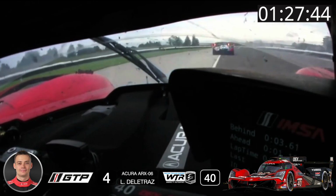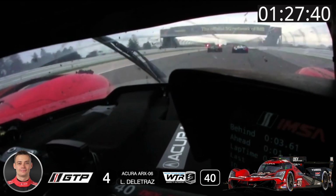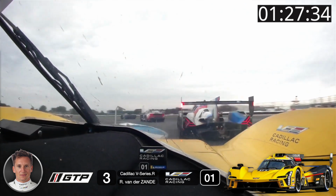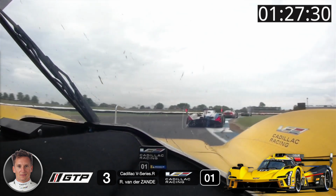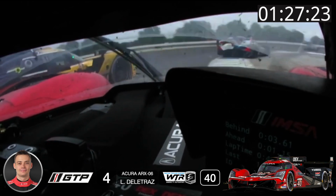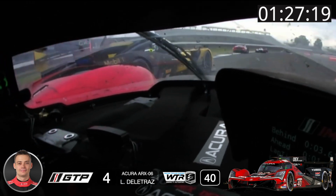Now, firmly in the draft of the Cadillac as they head down the back straight. Yeltley pops to the right-hand side, and they go side by side into the sequence of tight corners. The 25 BMW is late on the brakes and makes his way around the outside of the Cadillac, bringing BMW up into second position with the Cadillac now under fire from the 40 Acura. Delatraz pokes his nose up the inside, but Van der Zande is able to hold on around the outside, put